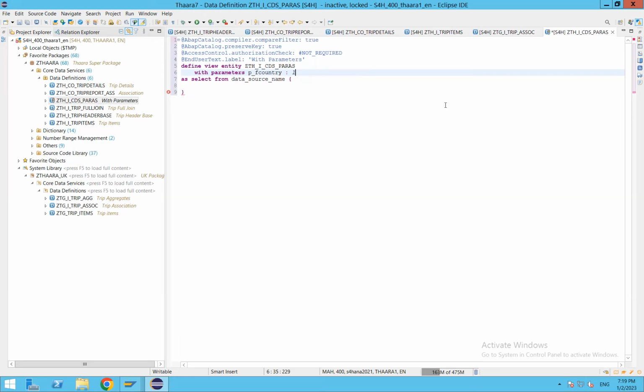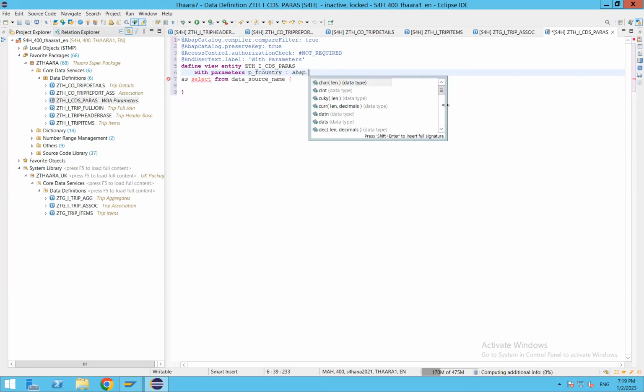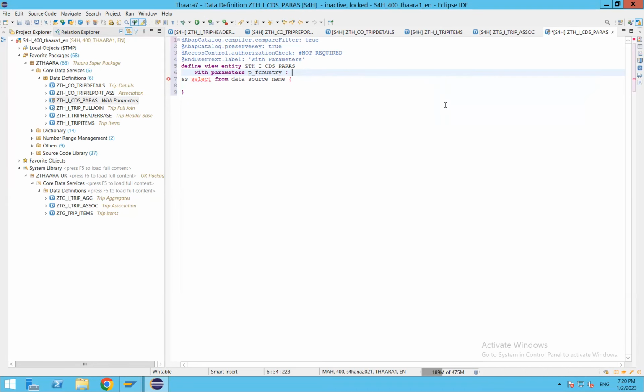And similarly, if we want to specify any type here, we can pick up the predefined ABAP type. So now I would write this land one, and I'll go ahead and put another parameter here. These parameters will be separated by comma, like element separation, p underscore, let's say user,